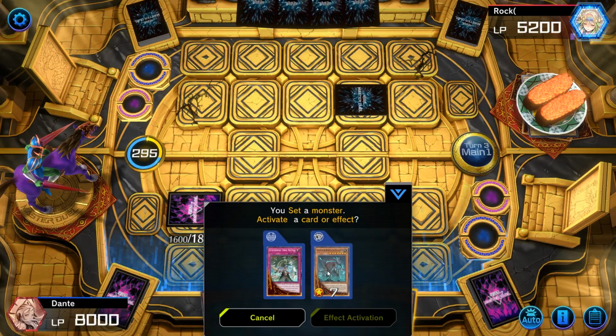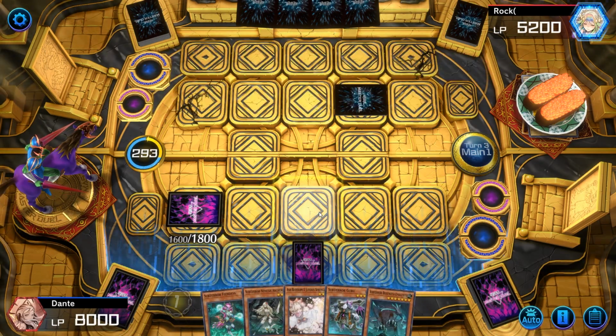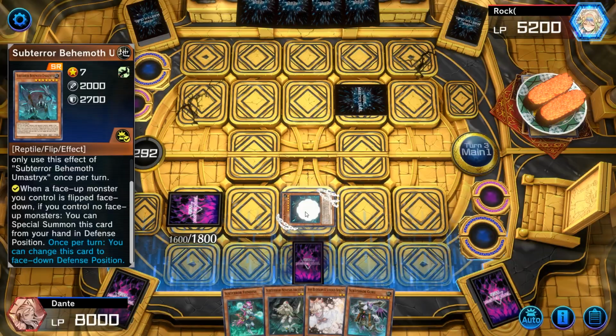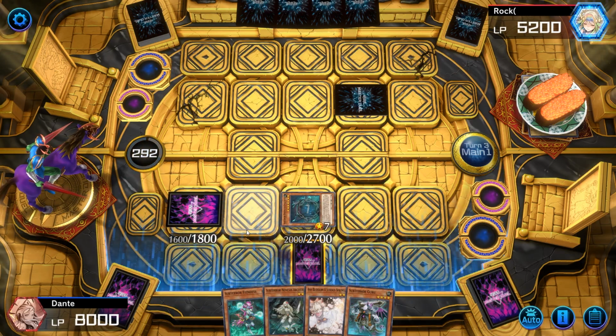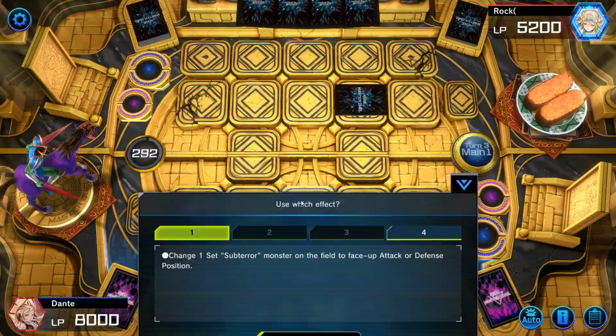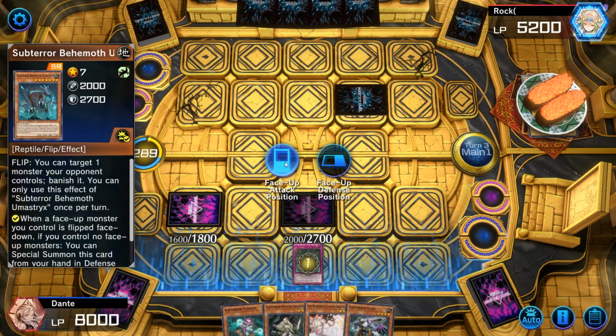Okay, and now I get to activate my Behemoth's effect as well, and special summon it to the field. Boom. Now let's use Behemoth's effect to flip it face down. My opponent has something, by the way, I don't know what it is, but he doesn't use it. Flipping it face down. Now let's activate Final Battle, targeting my set Behemoth, and let's flip it face up attack